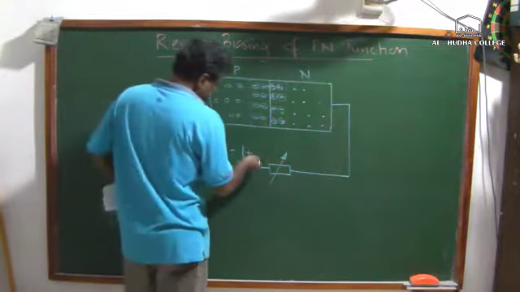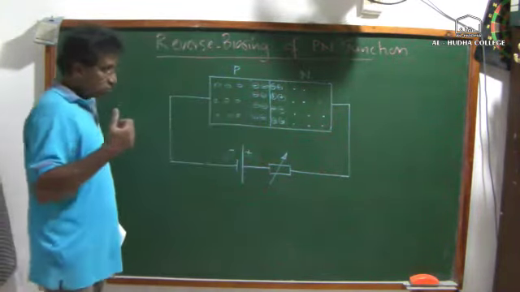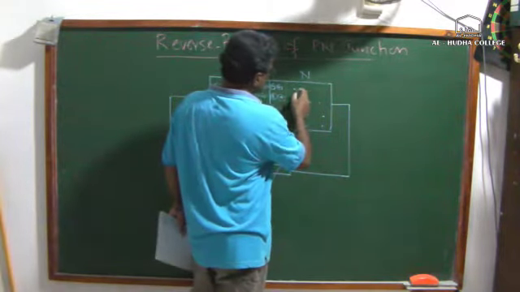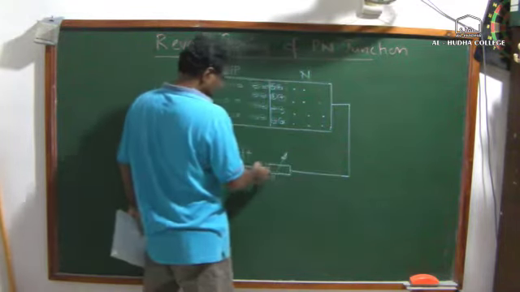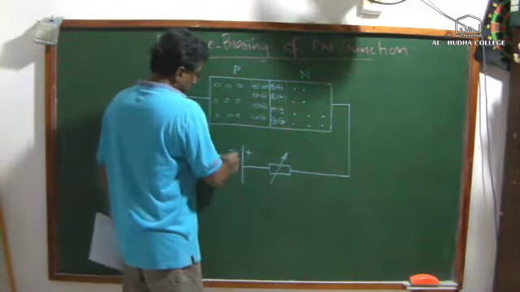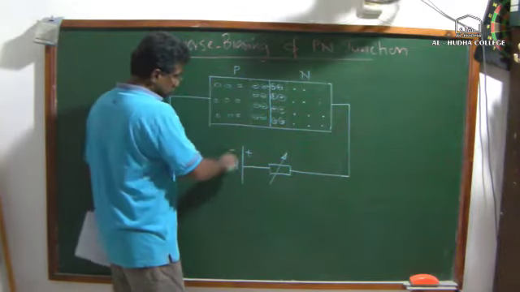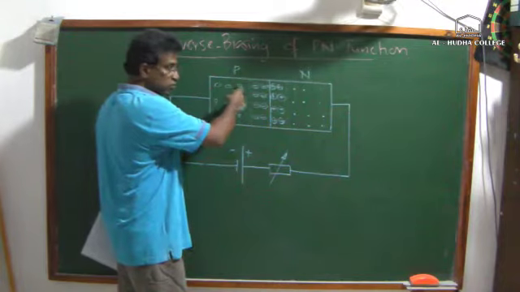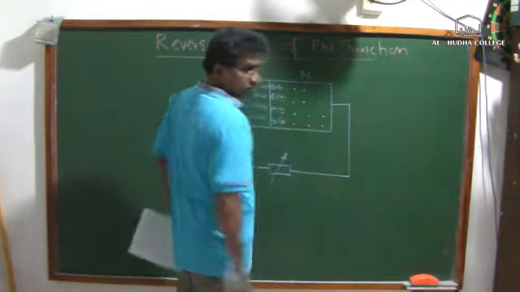This positive polarity will always try to attract electrons. So it will try to attract the free electrons available in the N-type. So some more electrons will escape to the positive polarity. On this side, the negative polarity can supply electrons, so these electrons will go and fill some more holes here. So eventually what happens is the depletion region widens.